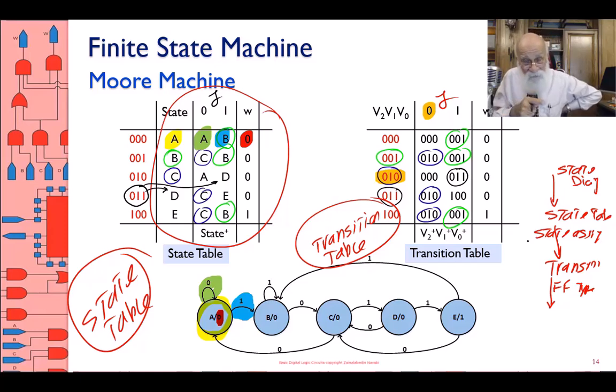If the next state is toggling, the T input has to be 1. And therefore you say, okay, for this combination,